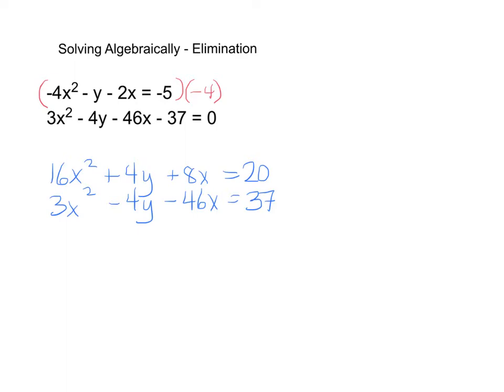Because when you're doing elimination, it's easiest if things are lined up properly. So x squareds under x squareds, y's under y's, x's under x's, and so on. And then add them together. So when we add 19x squared, the y's cancel out. Negative, what's that, 38x